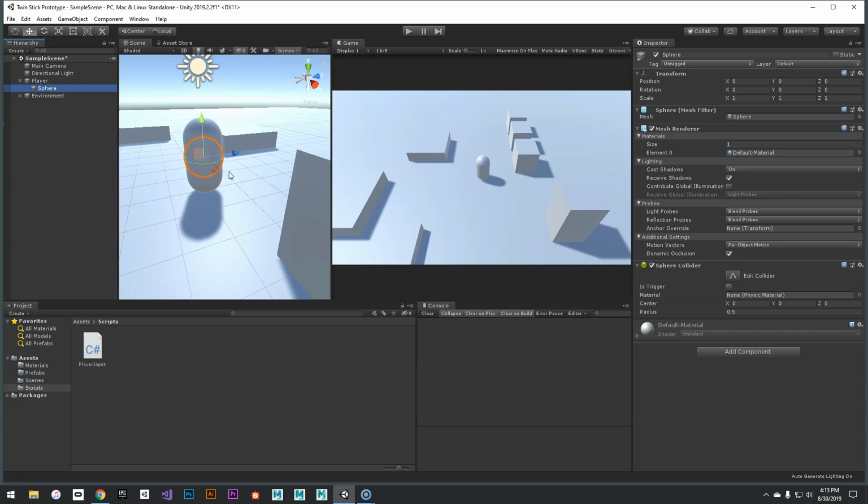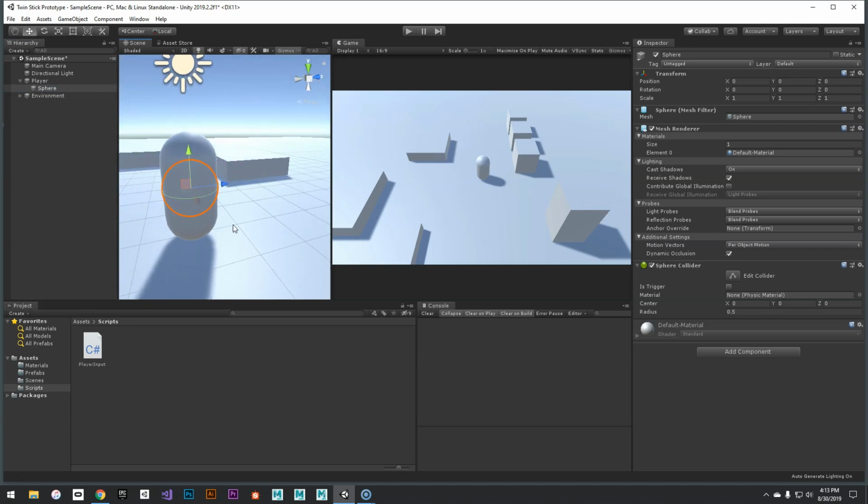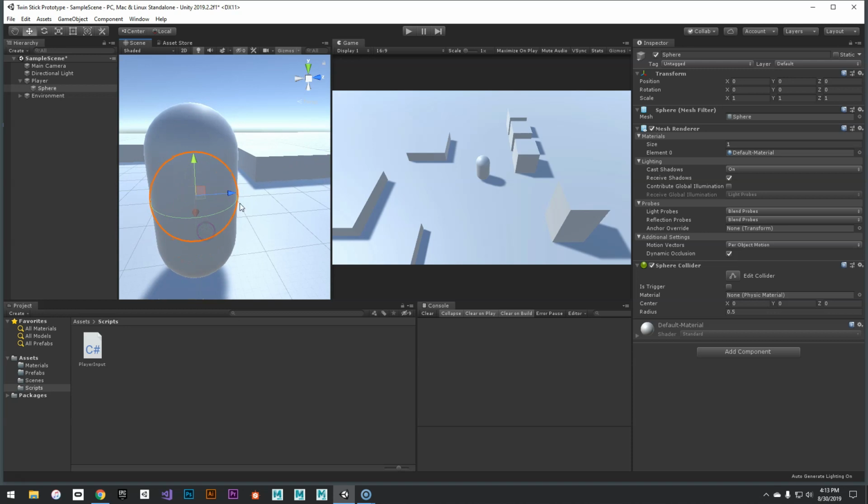And the direction you move it will matter because the player is facing a certain direction by default, so you want to move it out in front to show the forward-facing direction. And that's going to be along this blue z-axis. So moving it along here and up, you can see it in the game view, so it's facing away from you currently in this view. And I'm going to drop it down to half its size, and I'm also just going to set the position to 0.5 on Y and 0.5 on Z. And so now if we hit play